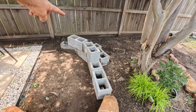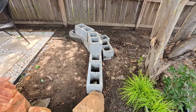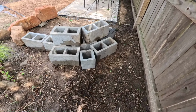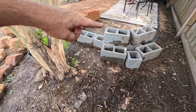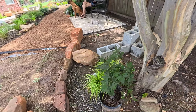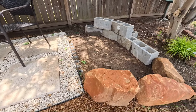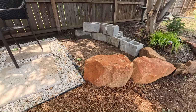I've had these cinder blocks, so I figured put some cinder blocks at the rear. And they'll be covered up with soil and dirt instead of using nice rocks or whatnot, to just use those and get rid of them. They've just been sitting over there trashing up my lawn pretty much. That's how it's starting. Some cinder blocks stacked up, and I'm